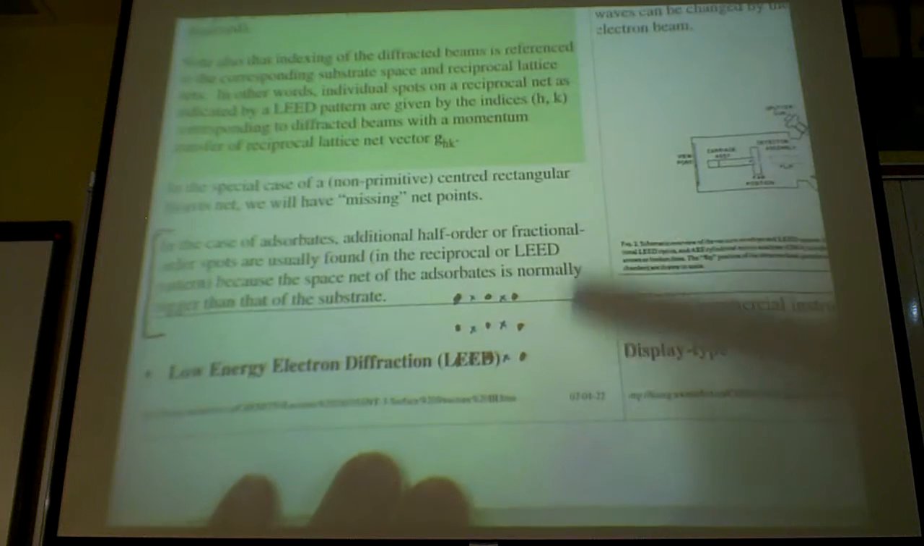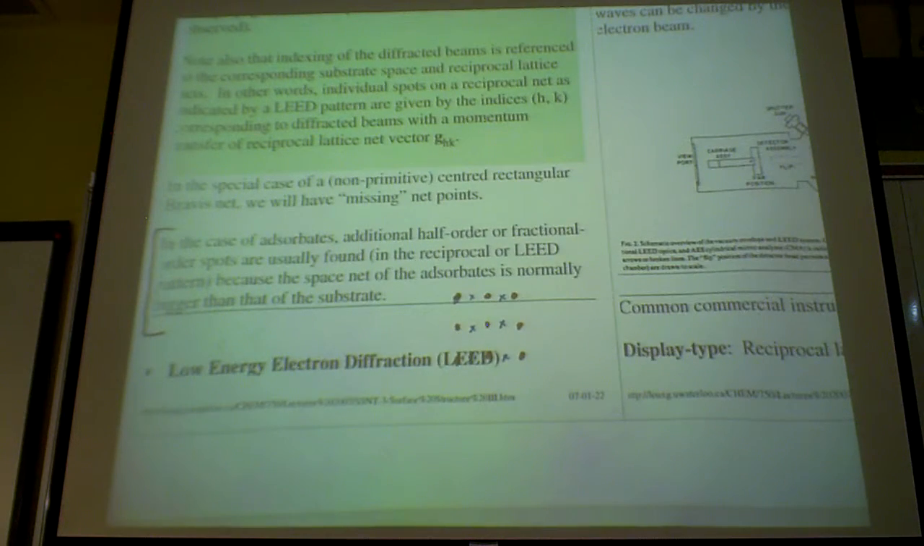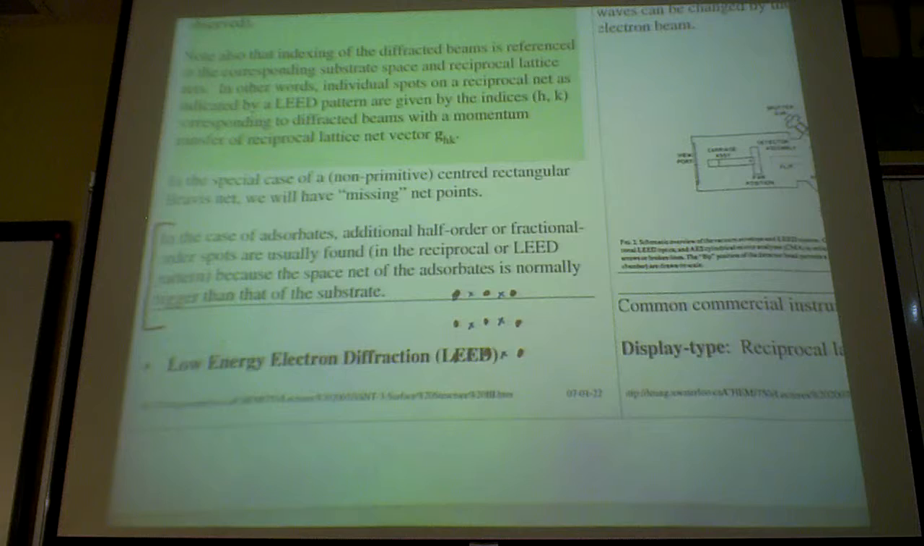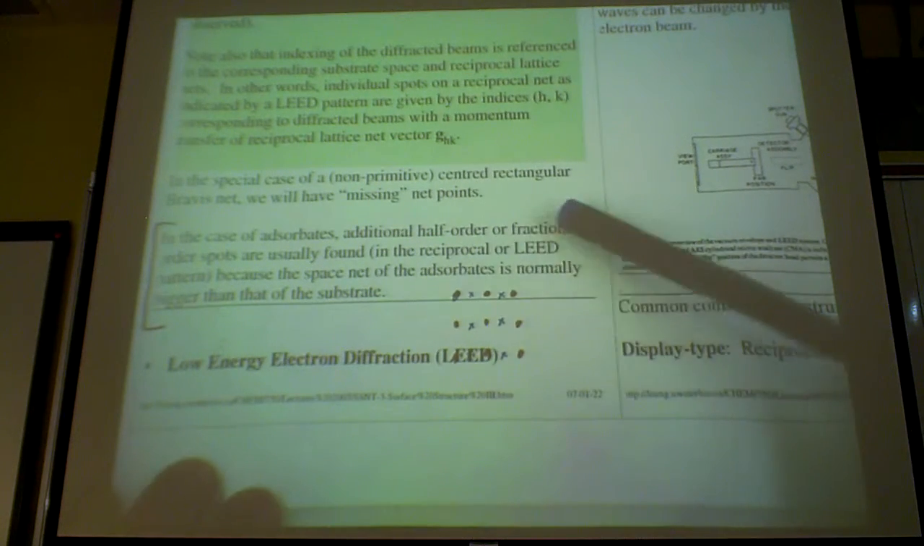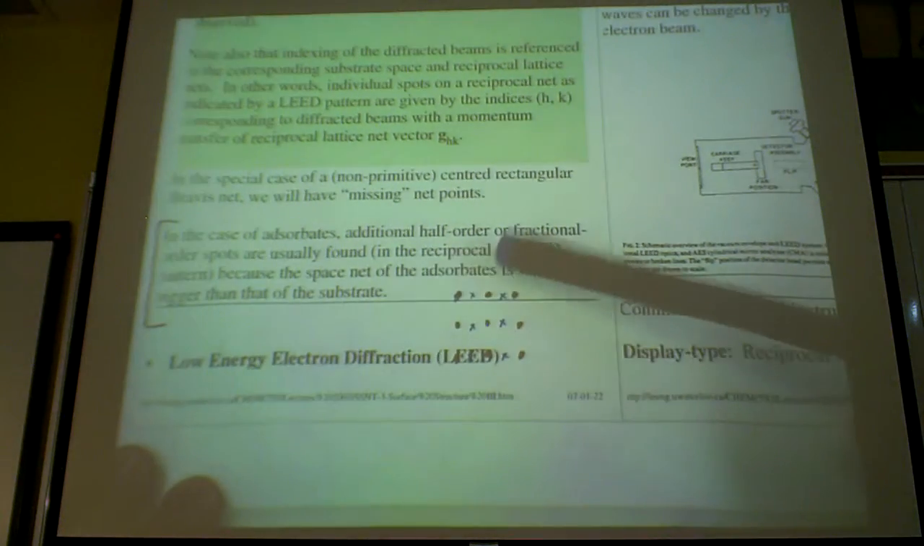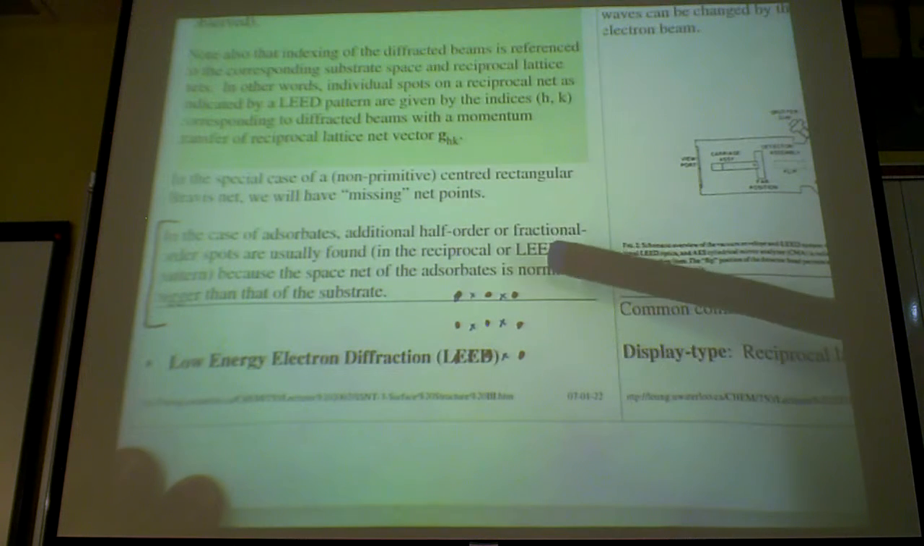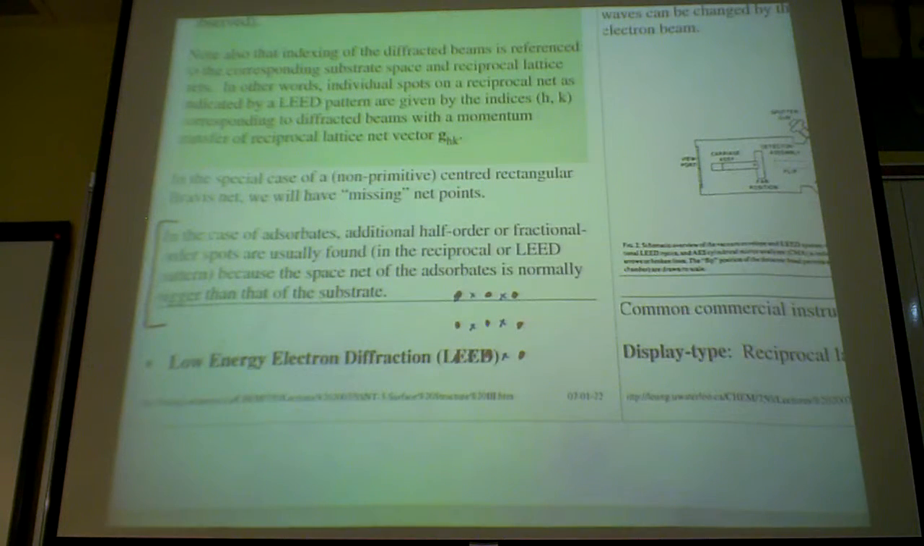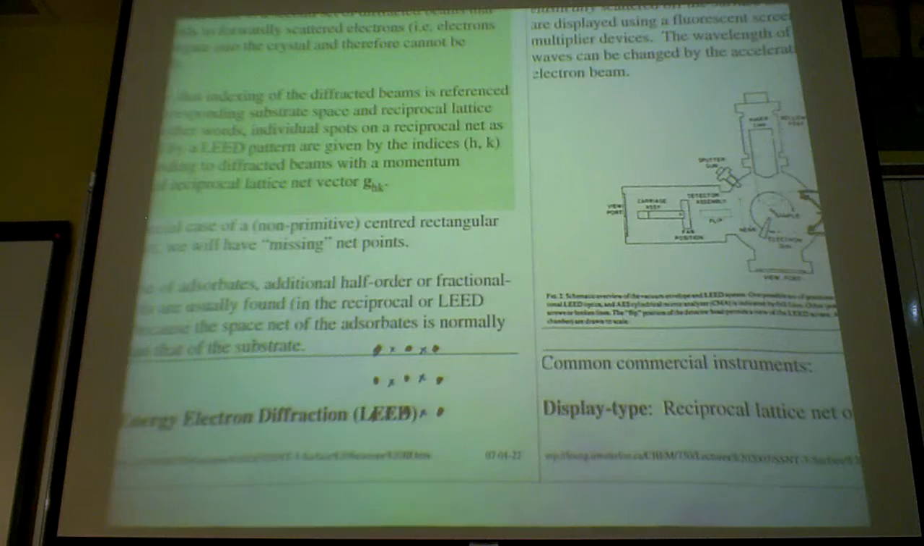So in the case of adsorbates, additional half order, what I talked about just now, half order or fractional order spots, right? These are the weakest spots, usually found in reciprocal space or LEED patterns. So the reciprocal space pattern you see is really just the LEED pattern, because the real space net of the adsorbate is usually larger, the units are usually larger than the substrate one. Okay, so you will see a little bit more discussion on LEED optics on the link I gave you,